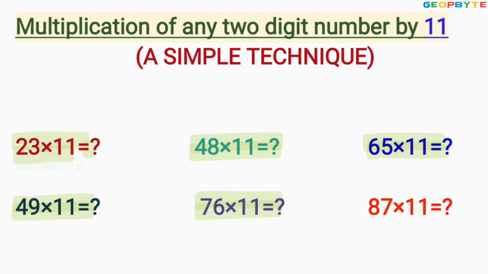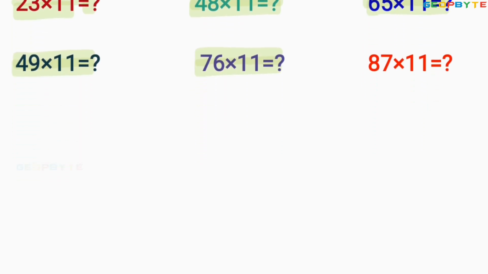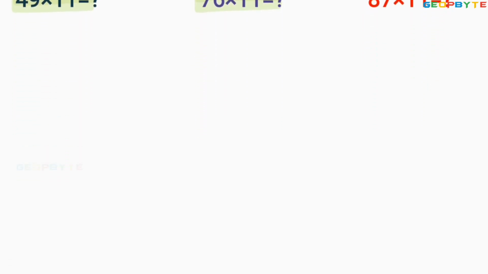The procedure for that technique is like this. You try to remember this procedure before completing the multiplication. Let any two-digit number in the form of AB be multiplied by 11. The first step is you write this B as it is in the unit place digit. Then you add A and B. If you add A and B, you get X and Y.